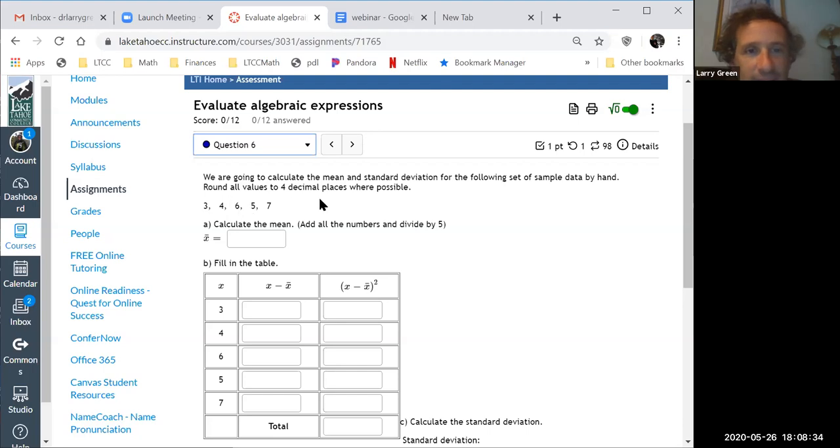Okay, so we're going to calculate the mean and standard deviation for the following set of sample data by hand. Okay, and as we're getting closer and closer to the statistics class, I'm going to spend a little bit of time talking about what these things are. You might have heard the word mean before, you might not have. Anyone heard the word mean before? You know what that represents? In a simple word, if you had to talk to an 8th grader. Yeah, so the simpler word for mean is average, but in statistics, we call it the mean. Not because it's just evil and mean and stuff, but just what it's called.